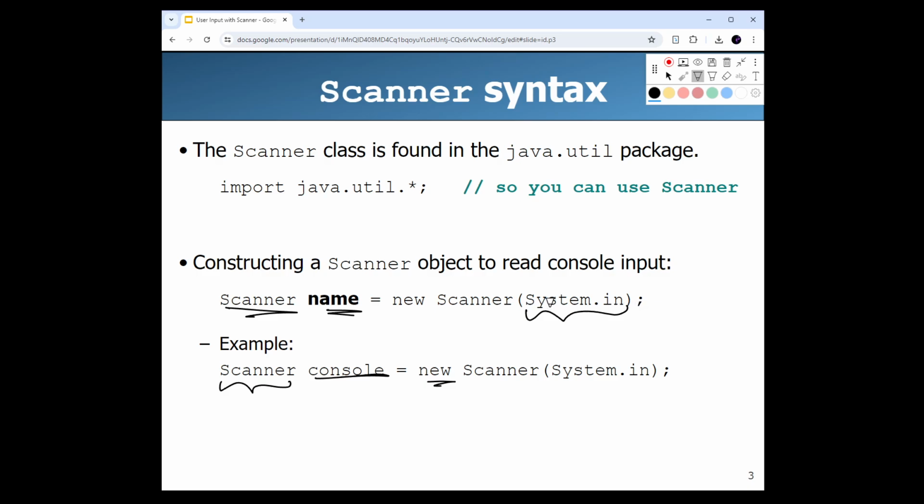The constructor of a scanner class takes in a parameter. And we saw last time that our constructor also took 4 parameters, so we had to pass in those values here. So in the scanner constructor, we have to actually pass in a value, and the scanner class is not really expecting a numerical value. It's expecting this whole object called System.in, so it's expecting this input field. You can think about it like an input field, like a Google search bar. It's expecting that whole search bar inside here, right? And so this is how you initialize it. Scanner console equals new Scanner inside System.in,